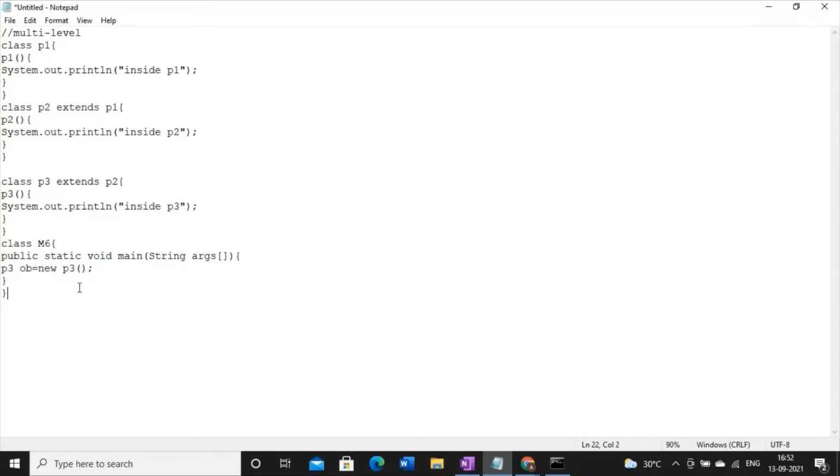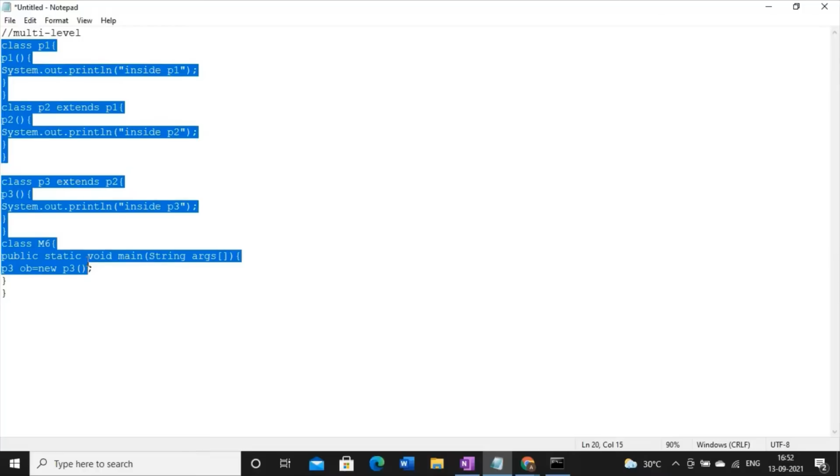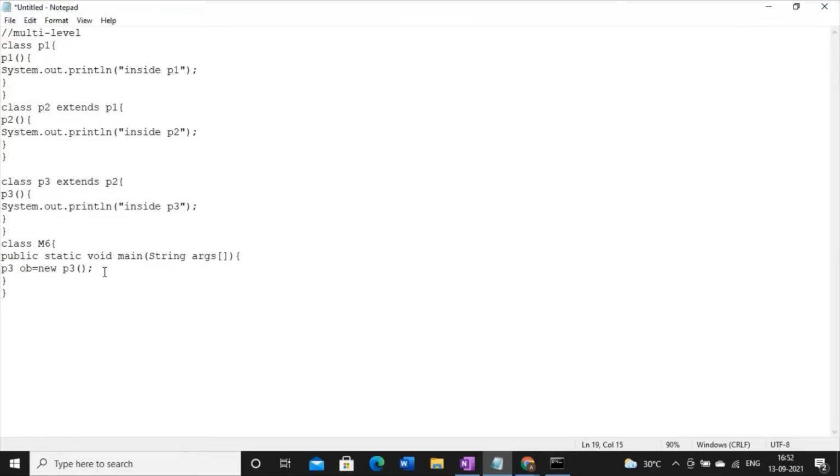If you do not have any method in multi-level inheritance, then the only thing you have to do is create the object of the lowermost class, and whenever you write P3 and these brackets, the constructor is automatically called.